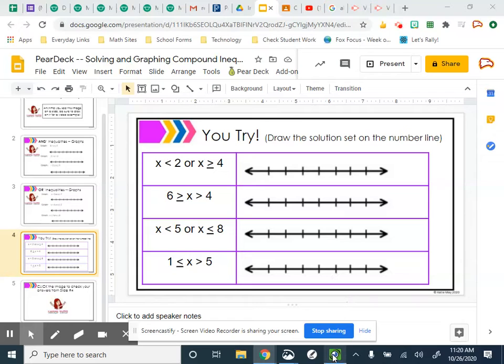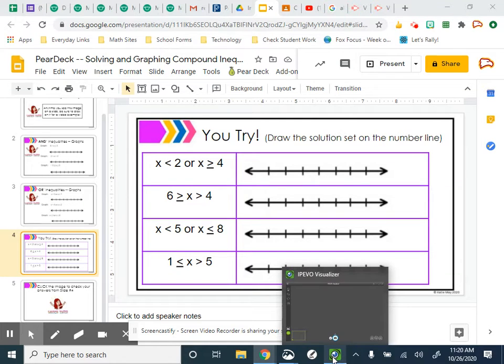Right, so here is me going over these solutions so you can check yours and see what you got right, what you got wrong, see if there's any questions you have that you want to add in a private comment